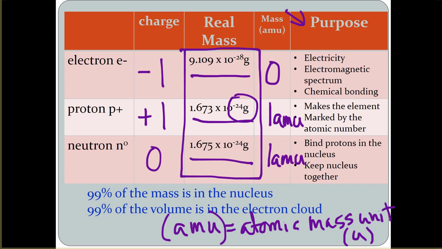And let's look at the neutron. So the neutron is involved in the binding energy of the nucleus. So if you can imagine, if you have a whole bunch of positive charges in there, those positive charges are not going to want to be by each other. And so really look at the neutron kind of as a buffer there to keep those positive charges separate from each other. And like I said, it is involved in the binding energy. And how it all works is more physics side and less chemistry side. But if you're interested in that, go ahead and do some independent research on your own if you're interested in binding